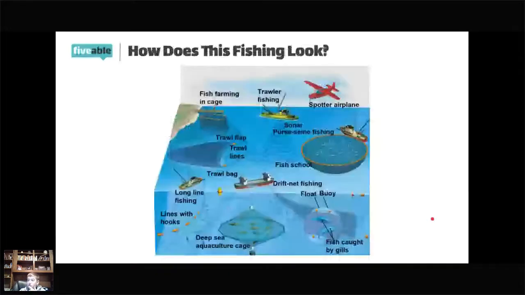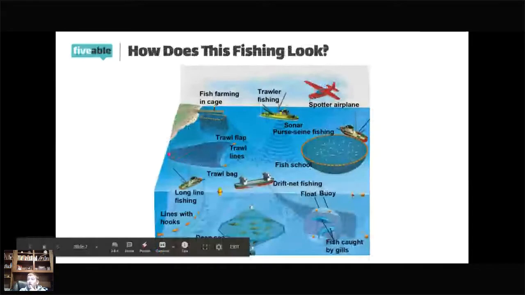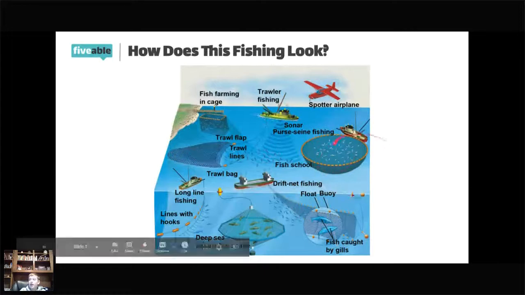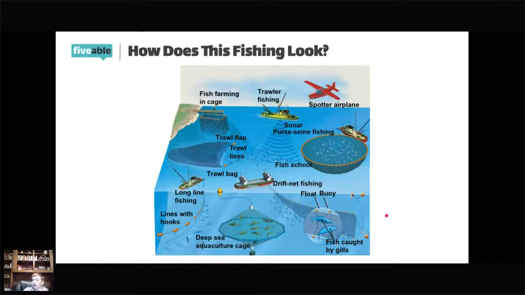I think that there's one here, trawl lines. They will literally run this net on the floor of the ocean and collect all these fish. All they have to do is drive their boat for 5 minutes, and they can catch like 3 times the amount that they can catch with purse seines and driftnet in half the time. That's why we use it so much. It's cheap and it's effective. That sounds like how we do our business in the US.